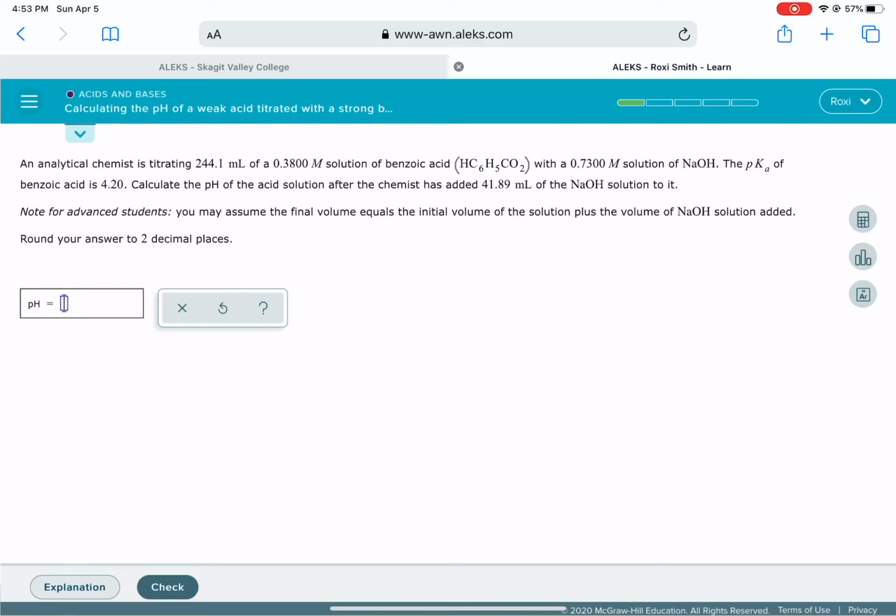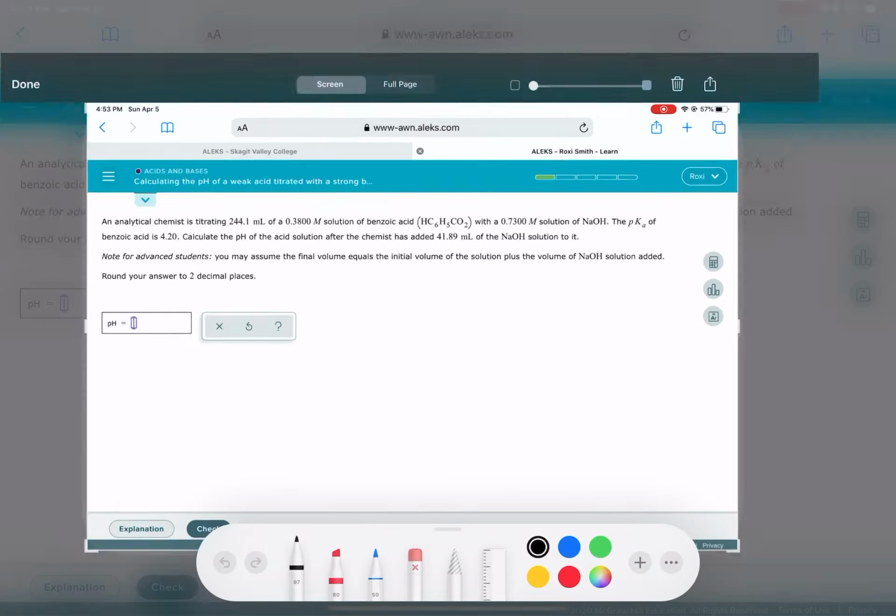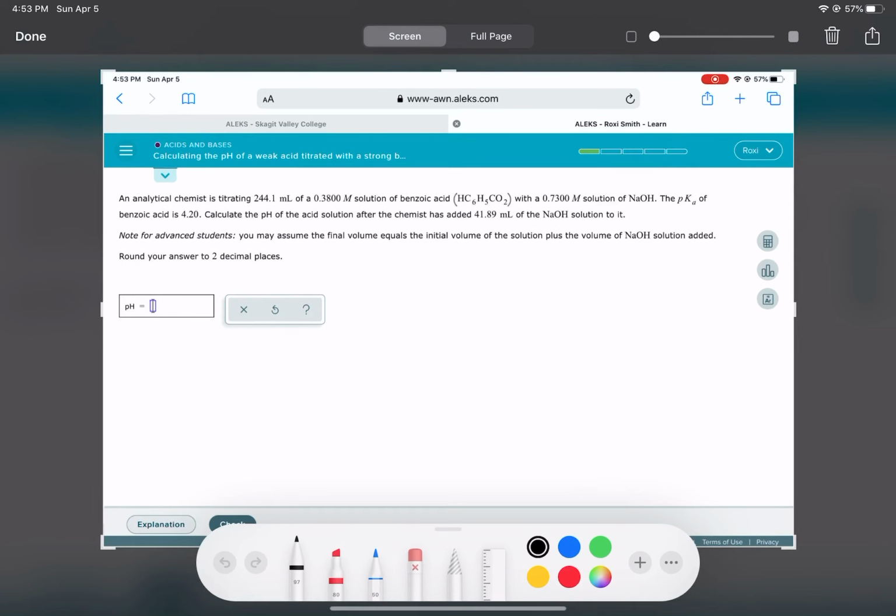Here's the next one. I'm going to do another one for you. Same type of problem, calculating the pH of a weak acid with a strong base on ALEKS. So this means you're going to have 3 examples of how to do this. So first we're going to write a balanced equation,